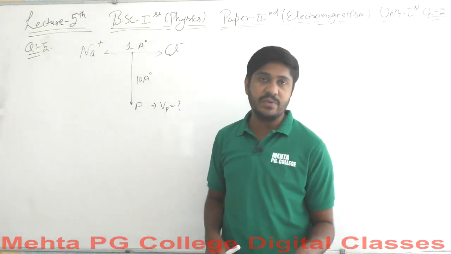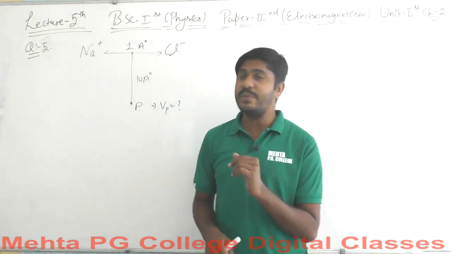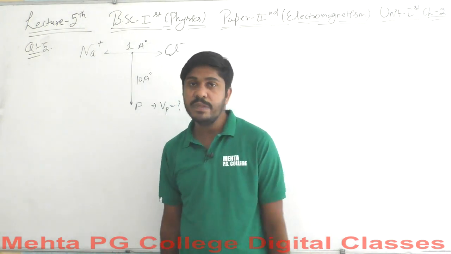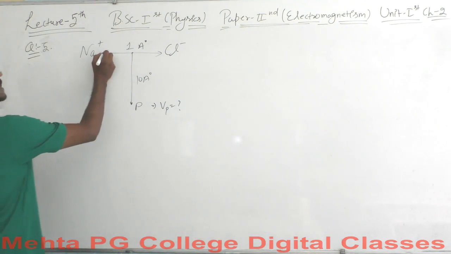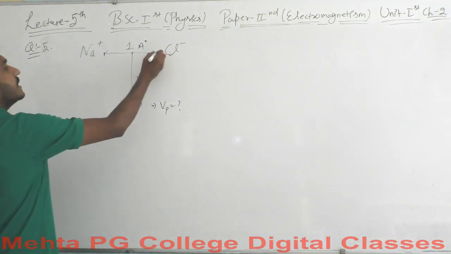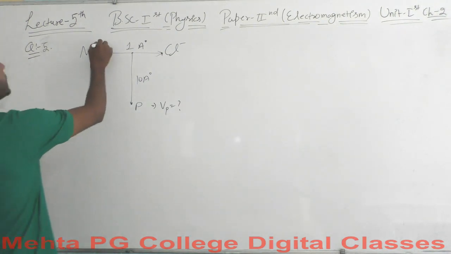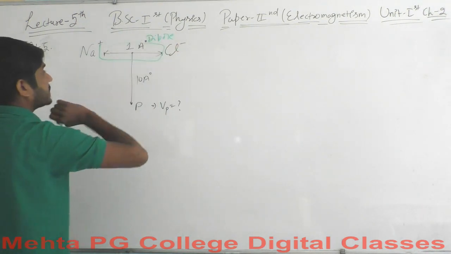This is the 1 negative here, sorry, not -1 negative, that has no sense. This is the 1 negative here and this is the 1 positive here. So these are equal in magnitude but opposite in nature. So this NaCl arrangement, what should it be called? This arrangement should be called a dipole. Okay, so this is a dipole.